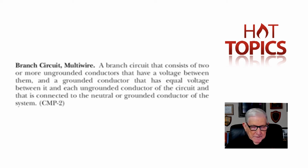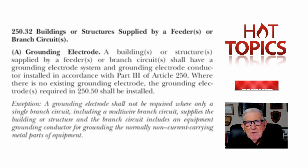100. Now, one of the things that people get confused about, let's go over to page 118 now of your code book, if you've got it handy. Just bear with me here. Let's go over to page 118 and look at the section that has been a problem for a good while. And we want to look at 250.32(A) exception. On the left-hand side of page 118, down toward the bottom of the first column, we pick up